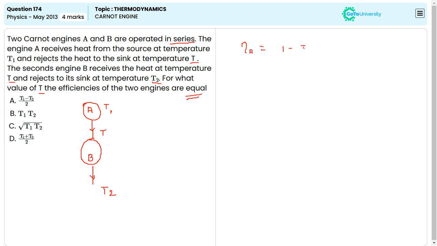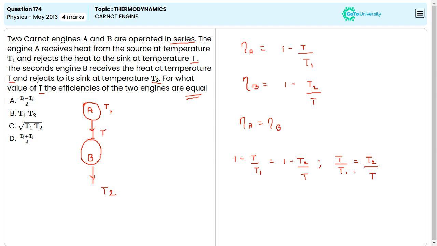1 minus T divided by T1, and the efficiency of engine B, eta B, is equal to 1 minus T2 divided by T. Where the two engines' efficiencies are equal, we can write eta A is equal to eta B. Then 1 minus T divided by T1 is equal to 1 minus T2 divided by T. Then we can write this as T divided by T1 is equal to T2 divided